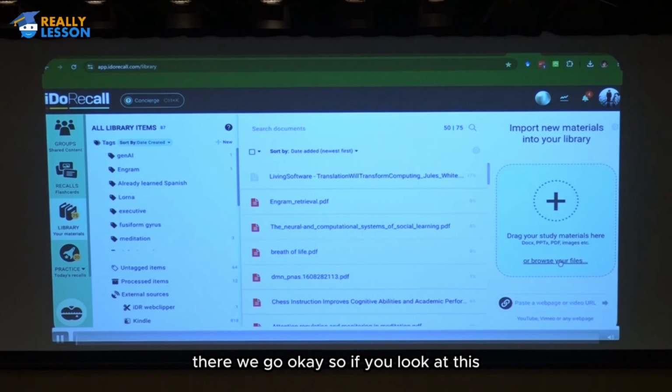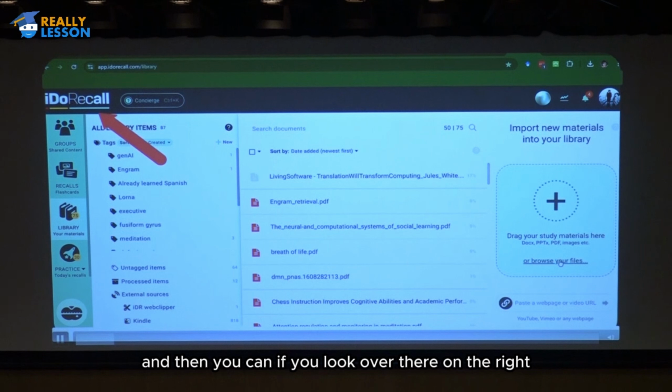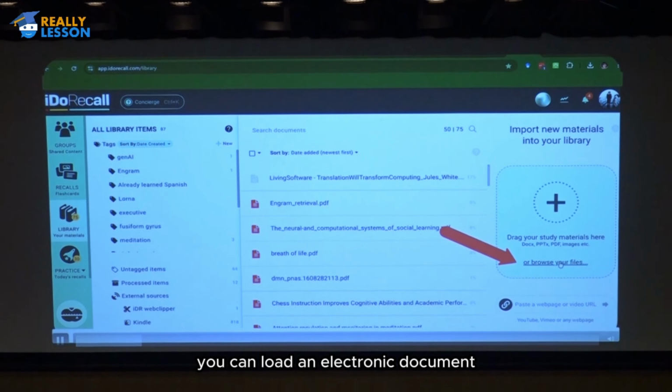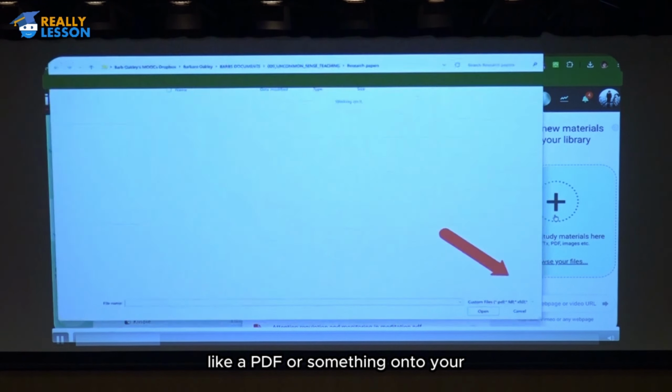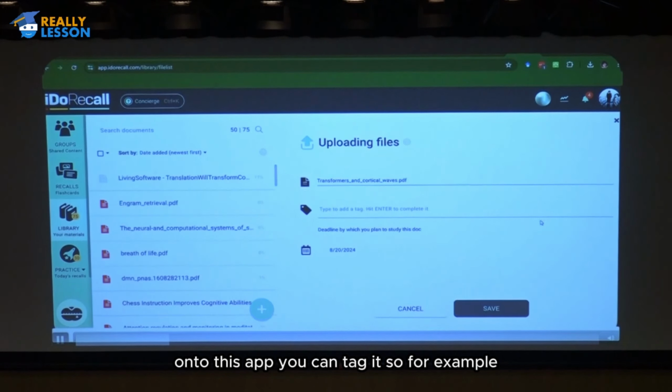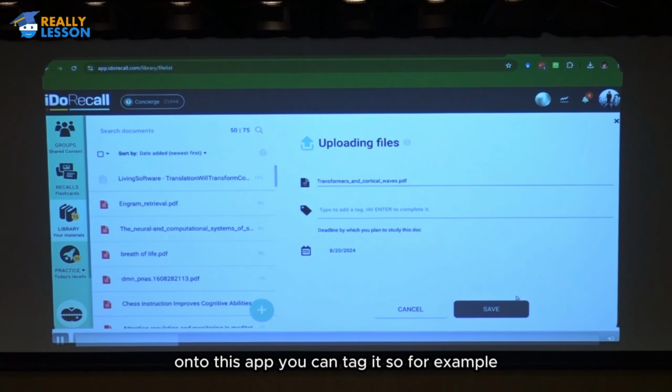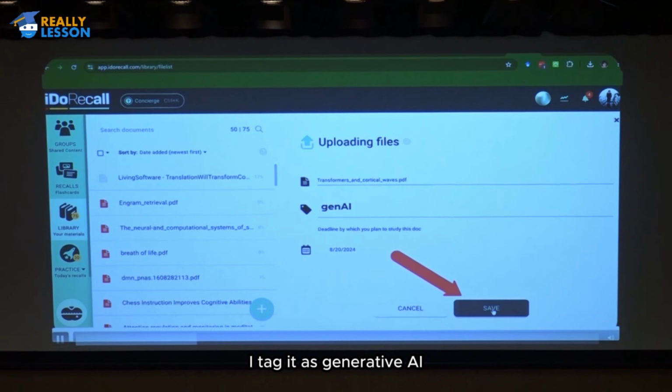Okay, so if you look at this, this is called I Do Recall. If you look over there on the right, you can load an electronic document, like a PDF or something, onto this app. You can tag it. For example, I tag it as generative AI.